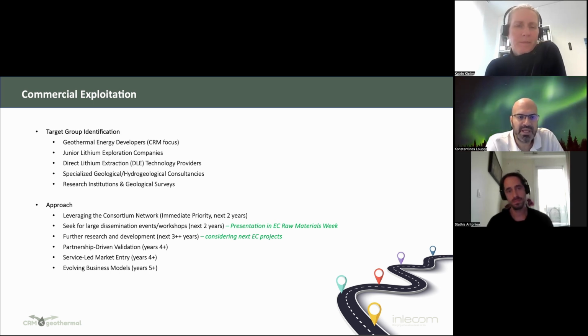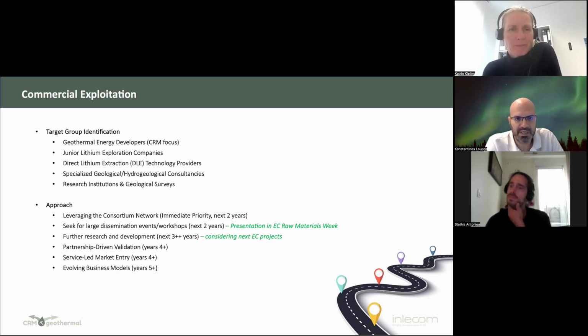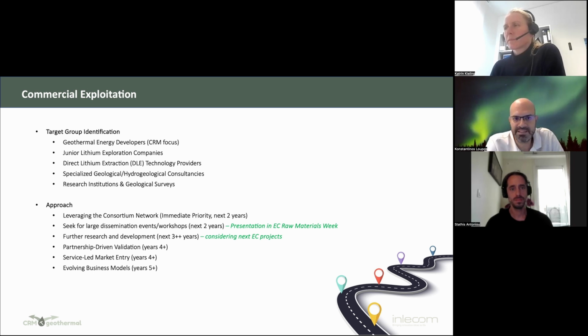For this, we have also started to identify target groups that could be geothermal energy developers, lithium exploration companies, actors that are directly extracting lithium or related technology providers, and of course specialized geological and hydrogeological consultancies, even research institutions and geological surveys, etc. Of course, this doesn't exclude future research, because that's something that needs to be further explored,